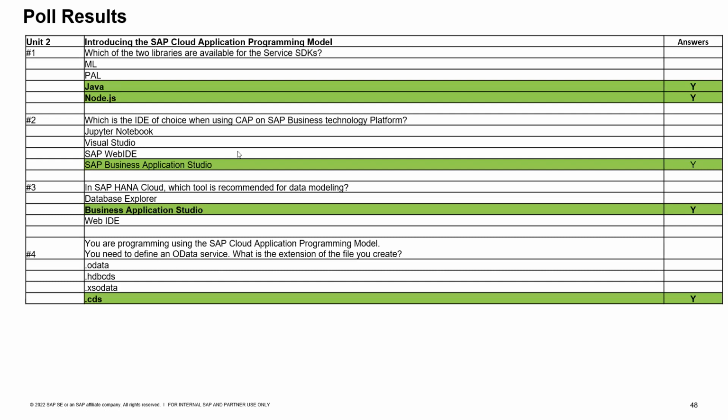And which is the extension of file while we are developing an OData service? I think we discussed this in the Golden Path slide. Even in an OData service, we'll be using .cds files. So there's no .odata file now. So we only use .cds files. Access OData also we won't use in CAP.